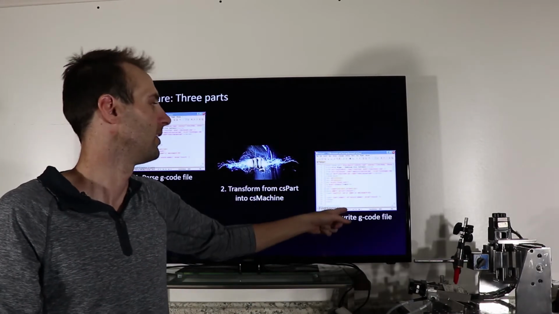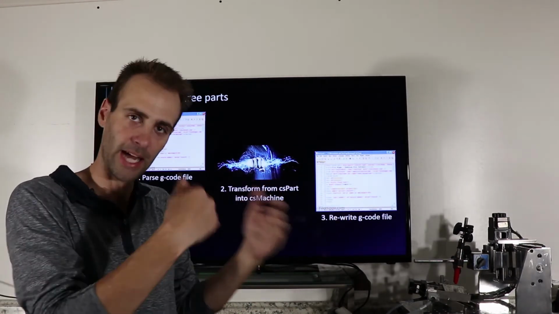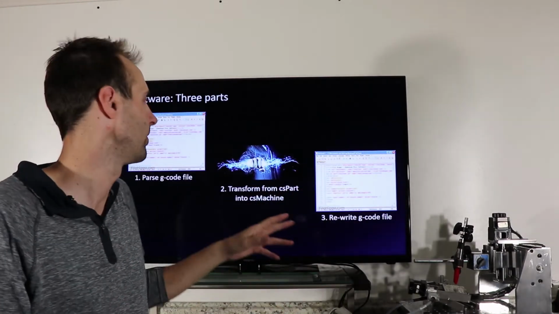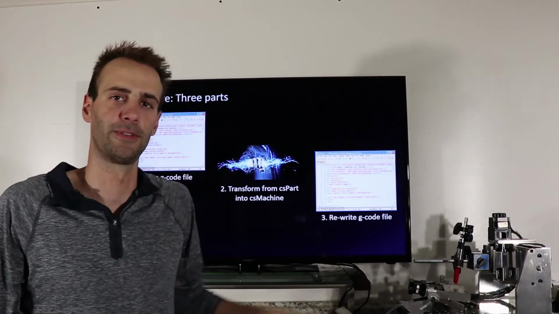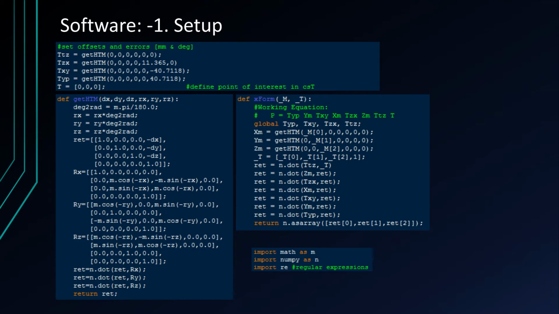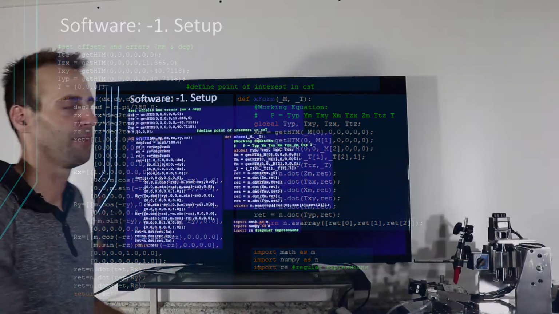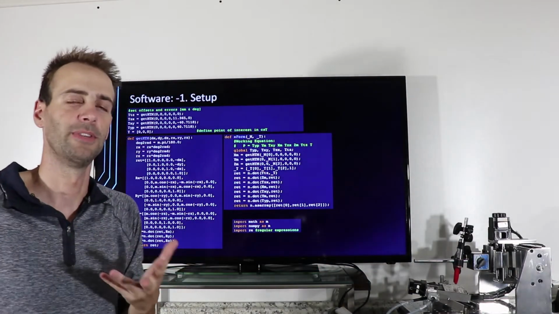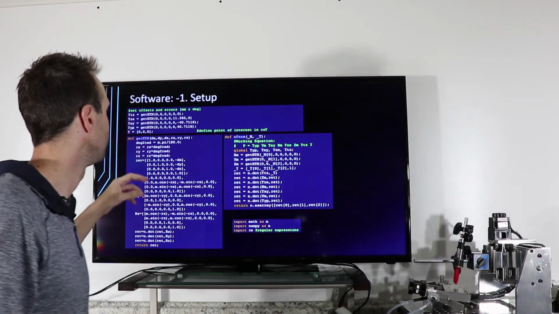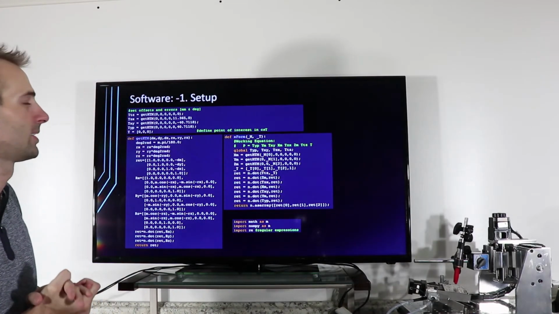And then we're going to take that transformation and push it to a new G-code file or overwrite, whatever you want to do, and then send it off to the machine, okay? So when I say there's 4, it's because always with programming you write functions, you have declarations, that sort of stuff. So going through this,